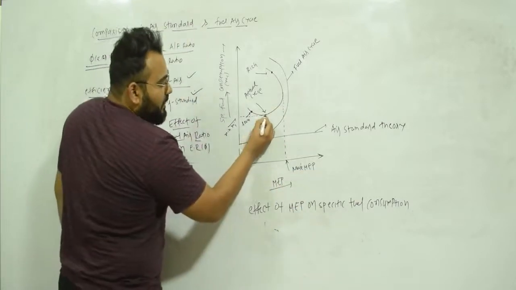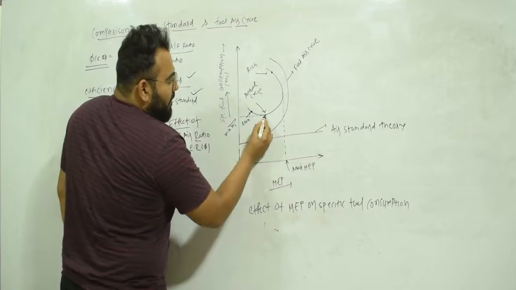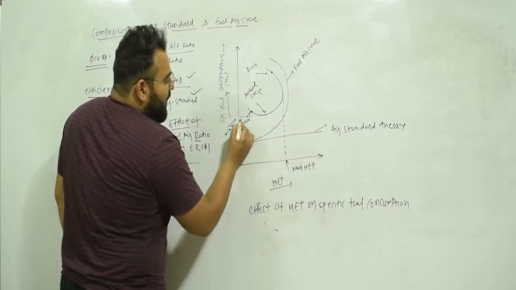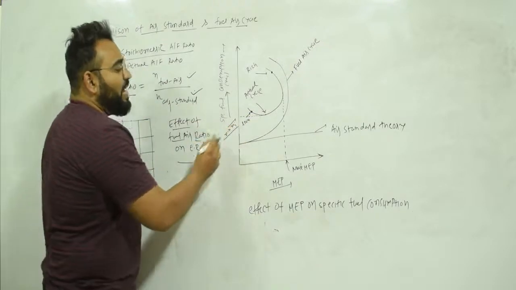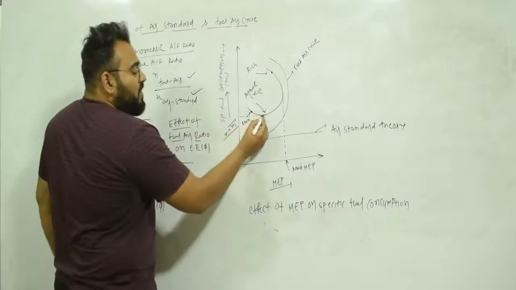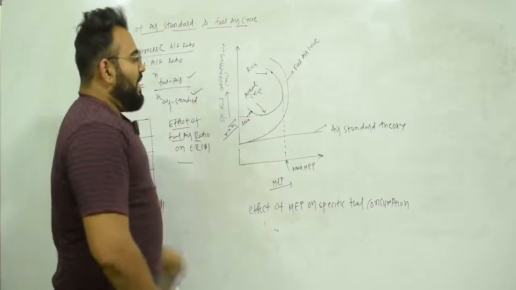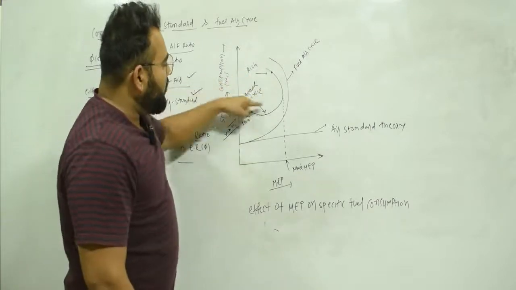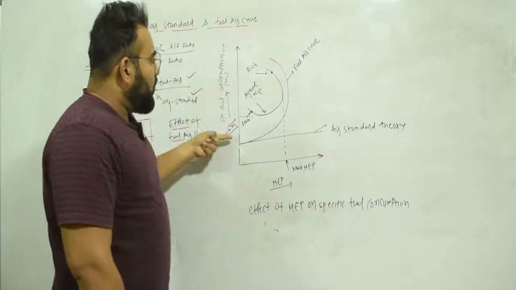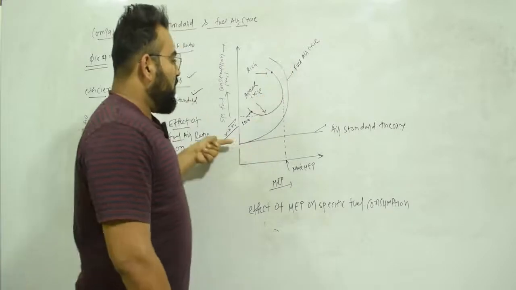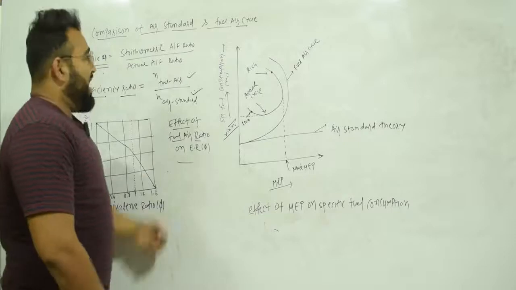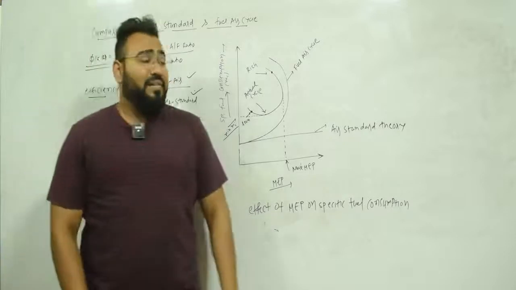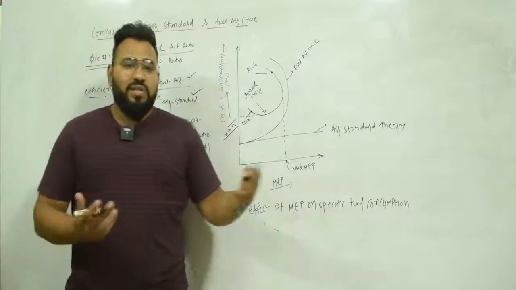Now this point for the actual cycle suggests that this is the point where the specific fuel consumption is less. So that's why I have written minimum MI. Means at this point the specific fuel consumption is less. So this is for the actual cycle. This graph is for the fuel air cycle, and this is for the air standard theory. So this is what you have to explain if they ask in the exam for a comparison of air standard and fuel air cycle. This is what you have to write.